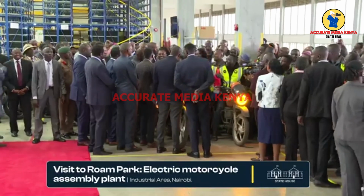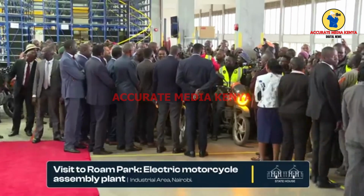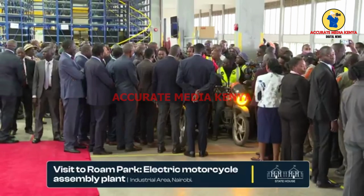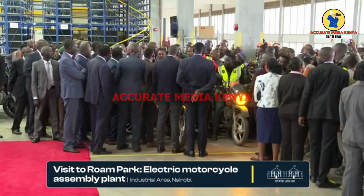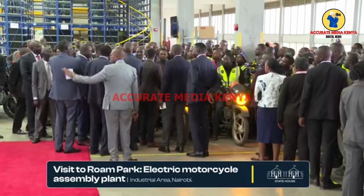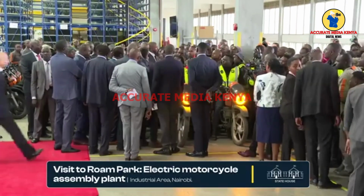So tunataka kupunguza gharama ya hii. Itamaanisha wale watu wanaajiriwa hapa wataongezeka. Kwa sababu saa hizi how many motorbikes are we producing in Kenya now? Less than 1,000. We have only done 1,000 out of